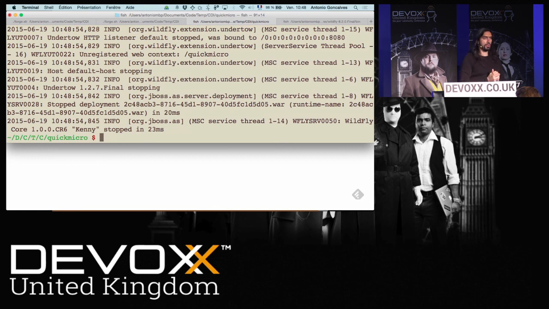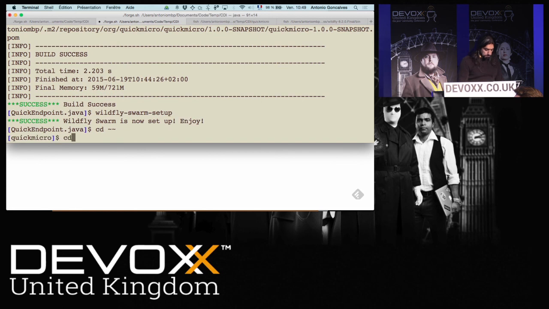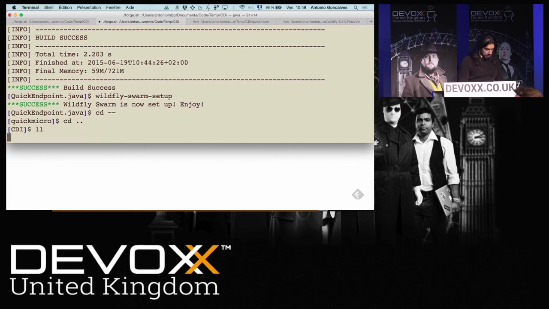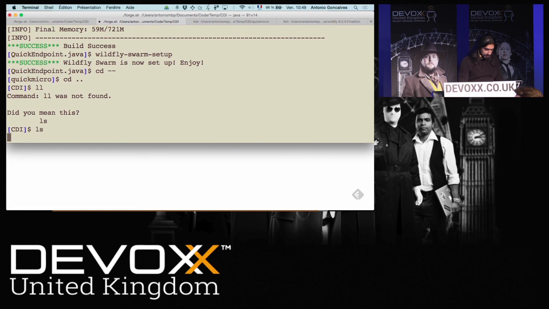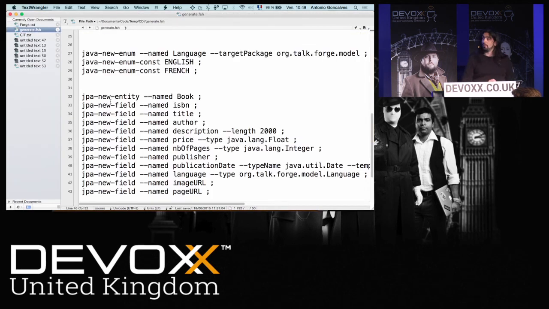All that I've been showing you can be scripted, actually. Here I have this generate Forge shell script that I've created. If I open it, I have all the commands.